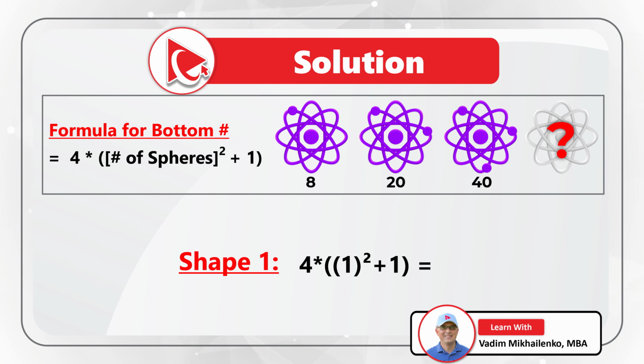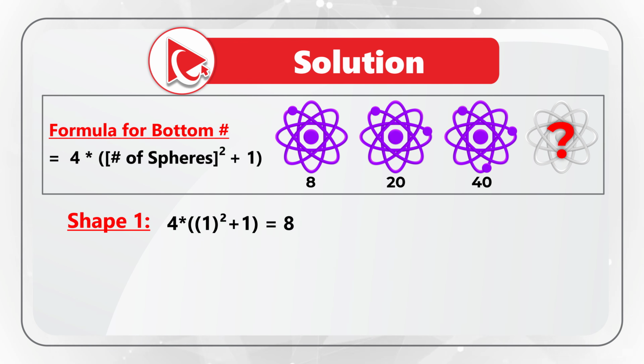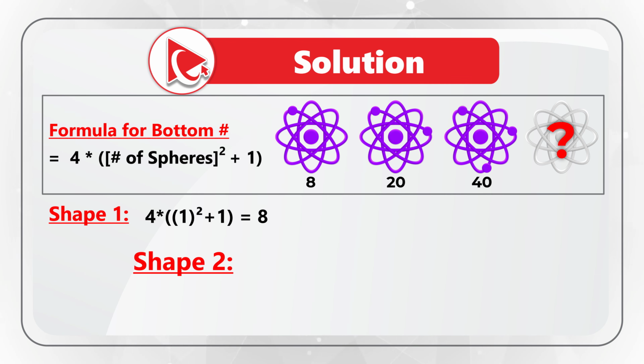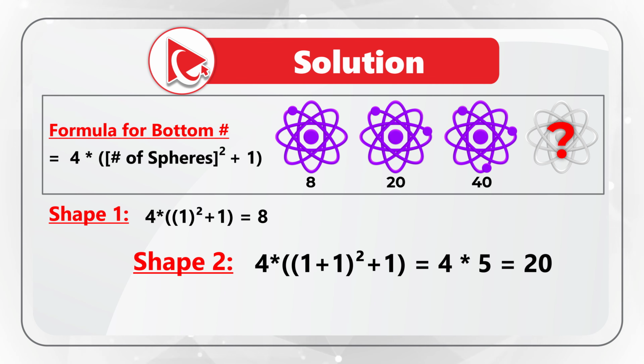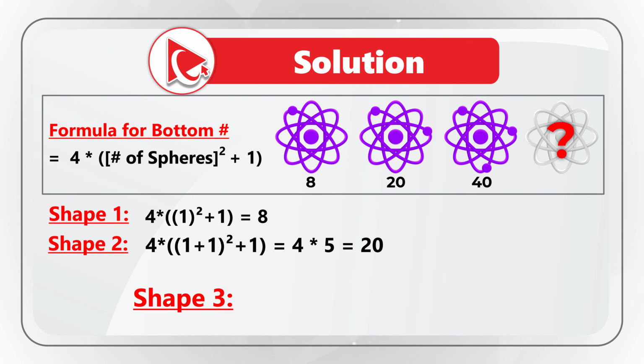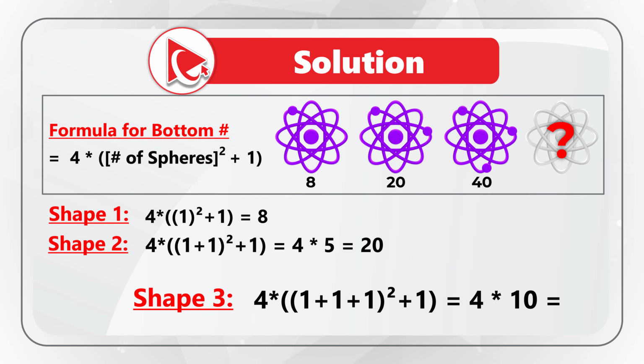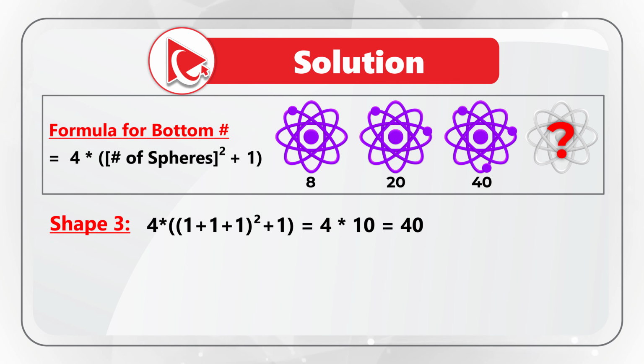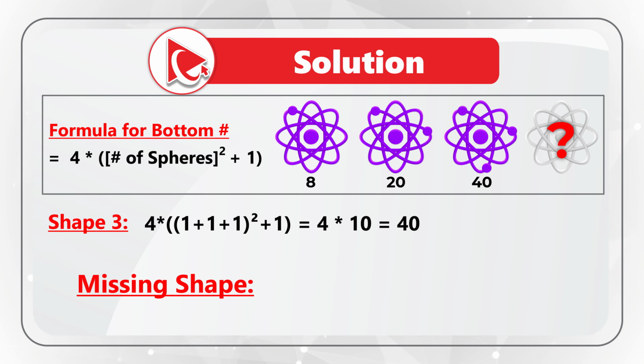squared plus 1), which would equal 8. For the second shape, 4 multiplied by (2 squared plus 1), which is 4 plus 1, equals 4 multiplied by 5, which equals 20. For the third shape, we need to multiply 4 by (3 squared plus 1), which equals 4 multiplied by 10, which equals 40. So to calculate the bottom number for the missing shape, we need to multiply 4 by (4